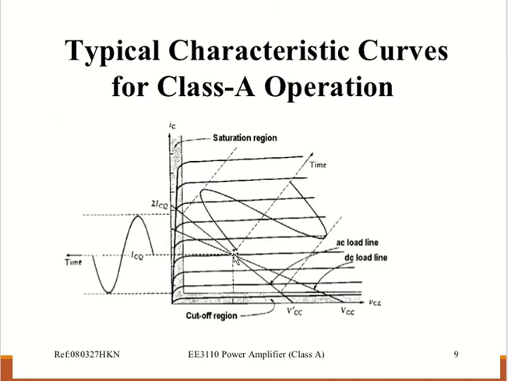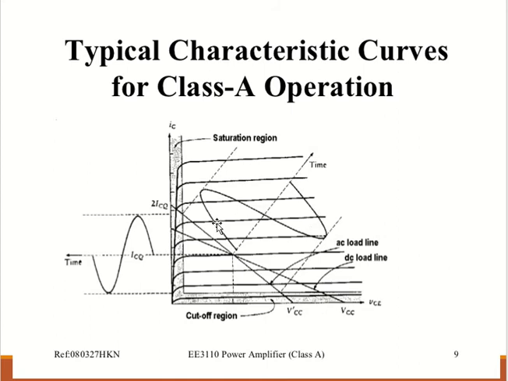When it is in the active region, the transistor will properly amplify the signal. If it is in the cutoff region, it will not amplify the signal properly. If it is in saturation, it cannot amplify the signal for the full cycle properly. So when the Q point is in the active region and in the center of the load line, then and only then can the output be produced for the 360-degree cycle.